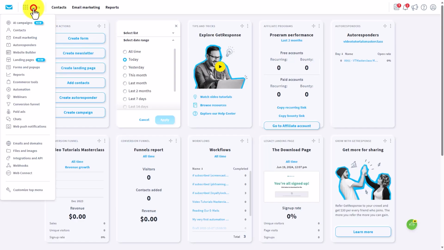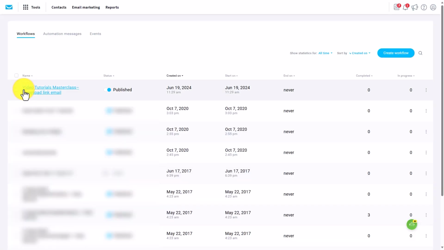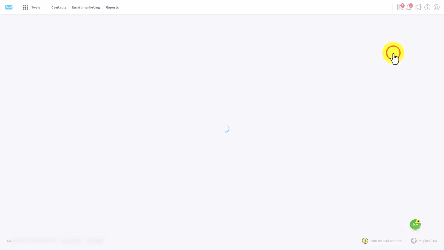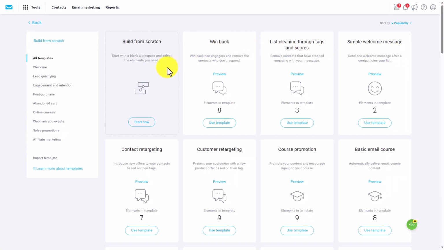GetResponse does have automated processes that you can run. If you go to the Tools area, you can click on Automation. What you can then do is start the process by clicking Create Workflow. And you can determine what kind of automation you want to run, or you can start from scratch so that